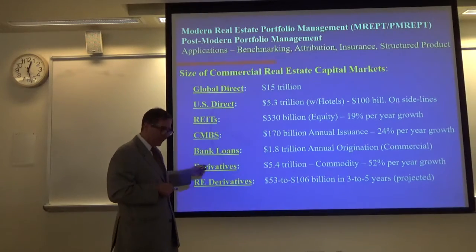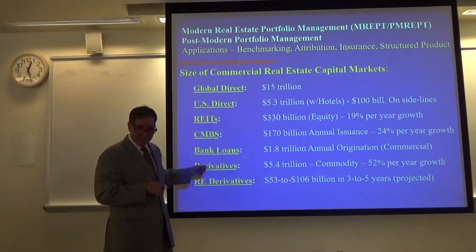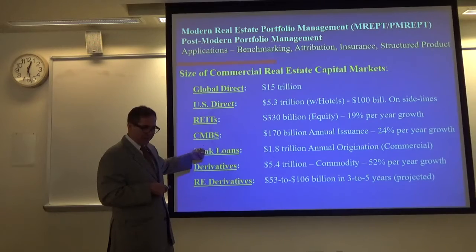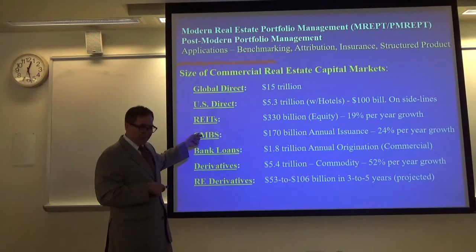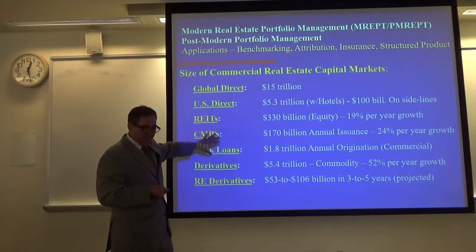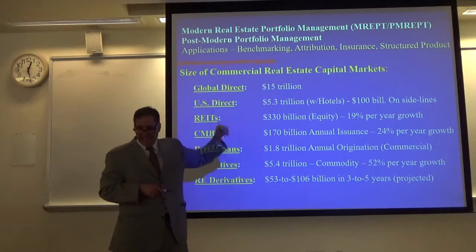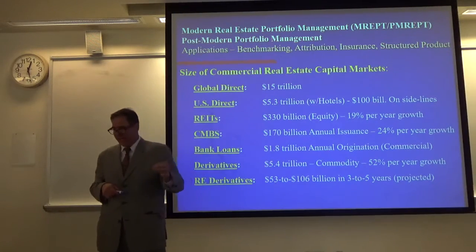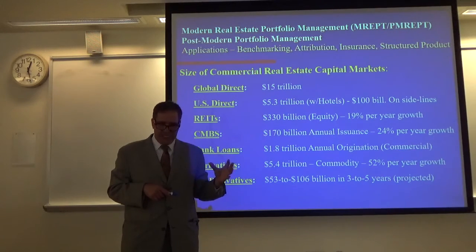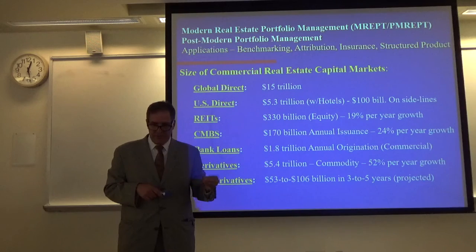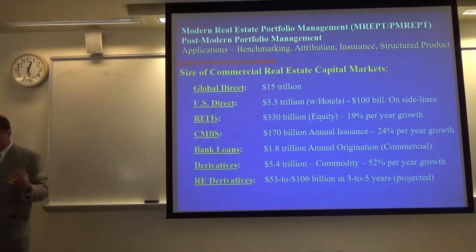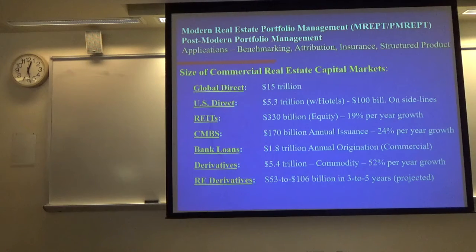So we were going to try to piggyback on the derivatives trading that was going on. And there were trillions of dollars in bank loans sitting in commercial mortgage-backed securities, so we could tie our derivatives and our indices to these major asset classes. I would say that real estate is the last asset class that does not have tradable indices and derivative contracts. It's one of the biggest asset classes with no derivative contracts and no tradable indices, which is amazing to me. That nobody's ever come back over the last 10 years to try to replicate this solution.